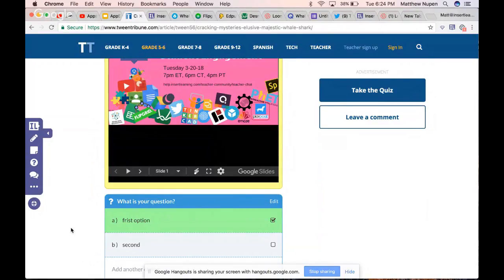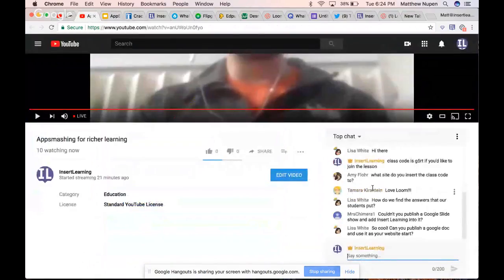All right, so that is all we've got for tonight. Man, we just ran through 9 different apps that you can use Insert Learning with. Are there any questions that we have here? Couldn't you publish a Google Slideshow and add Insert Learning? You can't,